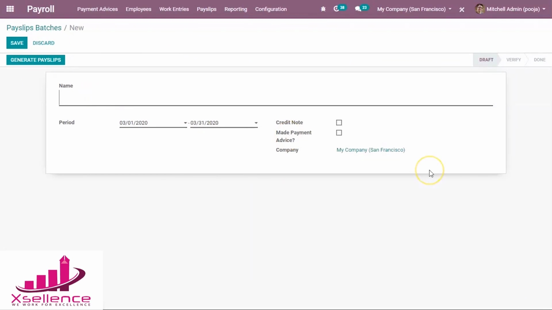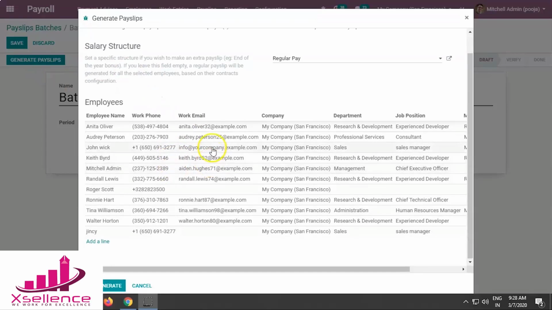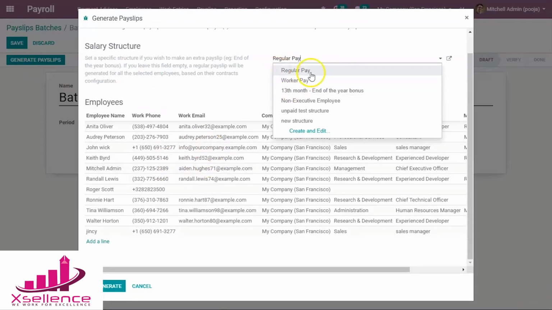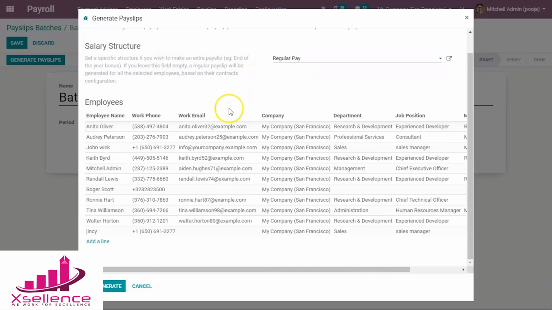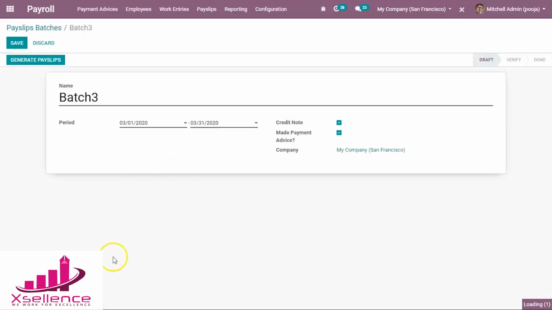Here you can give the batch name, and the period, and whether a credit note is needed you can add that. Make payment in advance can be given. So generate payslips. So from here you can add a salary structure, and if you wish you can add these contracts and employees from here, and generate it.